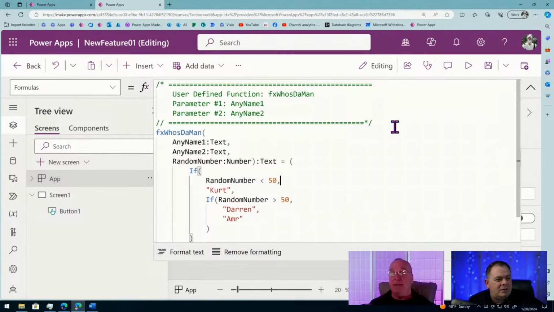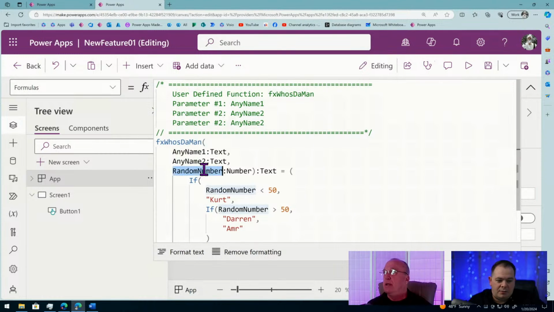So with any code like this you create, I always like to have a little code block at the top that says, hey, the parameter's one. You could describe the parameter, and we should probably have a third parameter here for the random number, exactly right, and this should be between 1 and 100. Now, could we get 0? Is that a possibility, Kurt? With how the random function works, we probably should do a +1 in there, or do a roundup. If you do a roundup, you won't get 0.